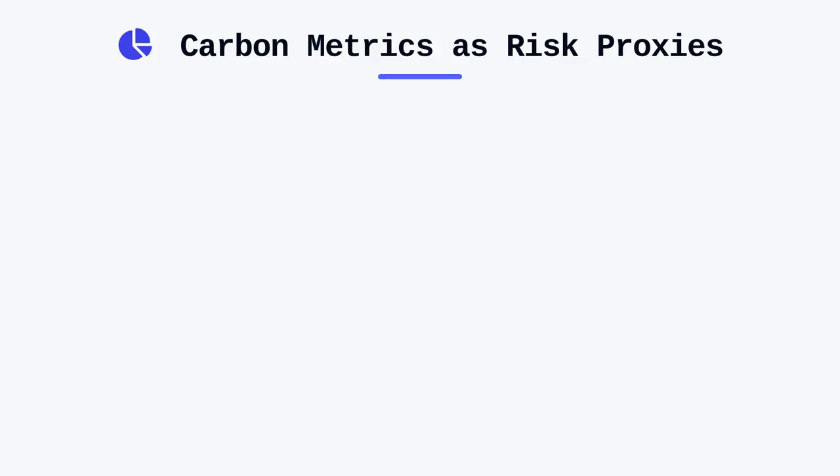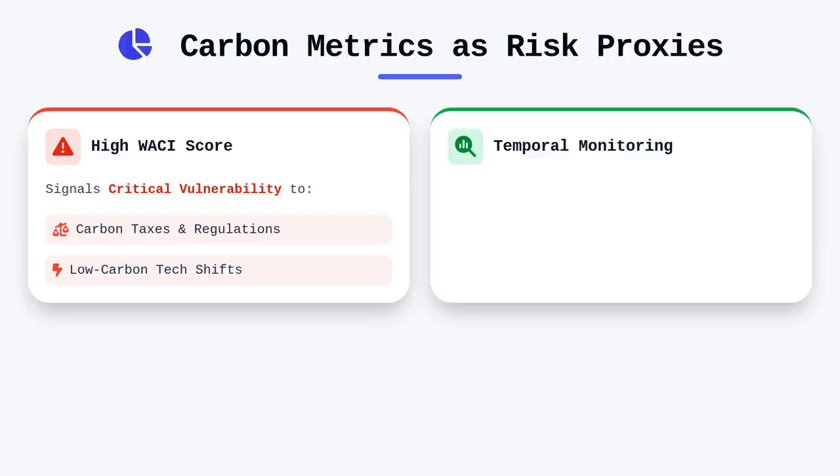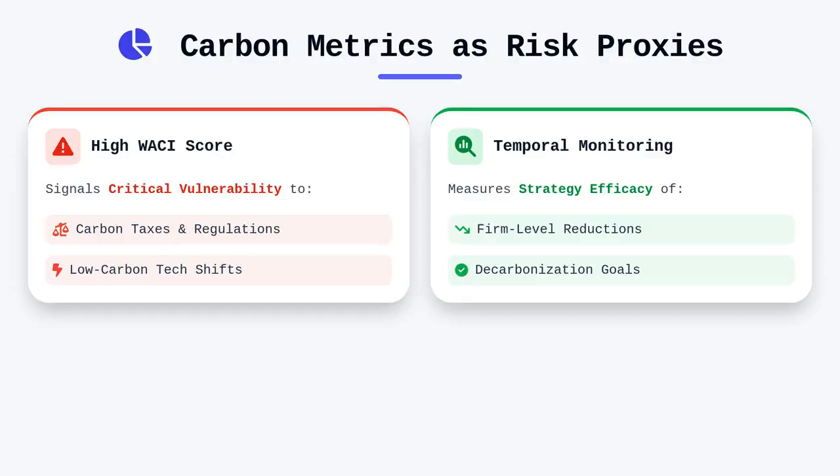Ultimately, these metrics serve as a proxy for physical and transition risk exposures within an investment universe. A high WASI score suggests that a portfolio is significantly vulnerable to regulatory shifts like carbon taxes or technological shifts that favor low-carbon competitors. Conversely, monitoring changes in these metrics over time reveals the efficacy of a carbon reduction strategy